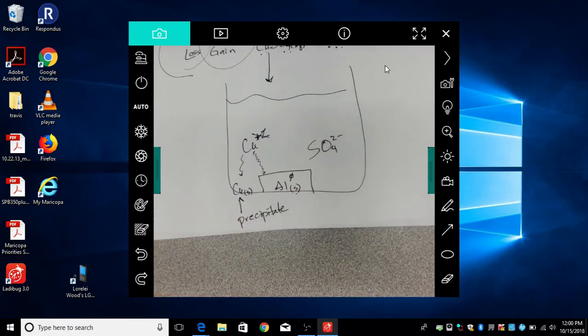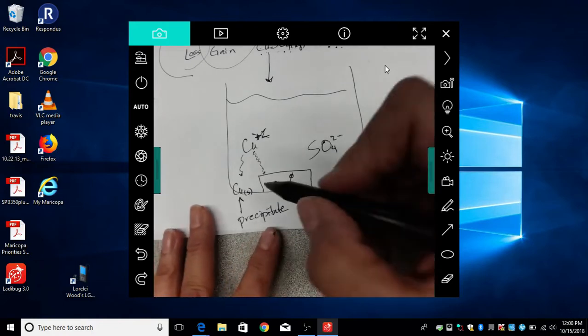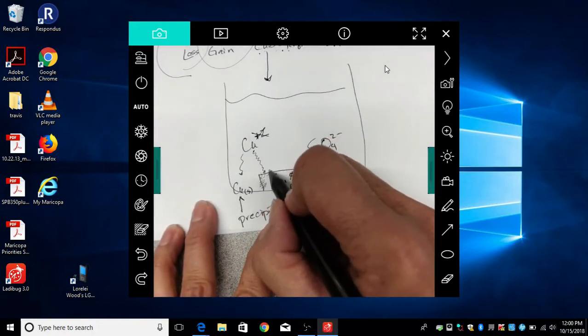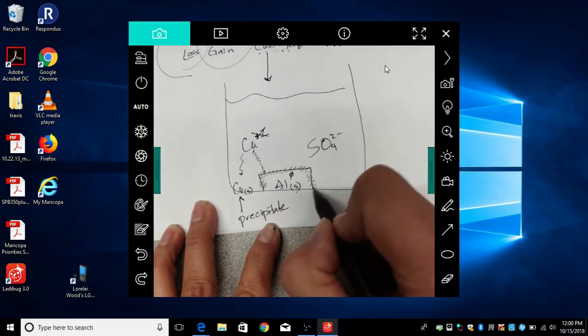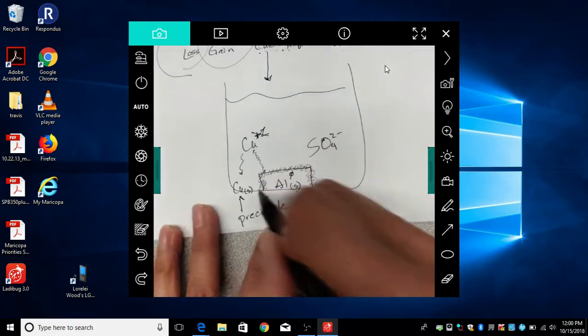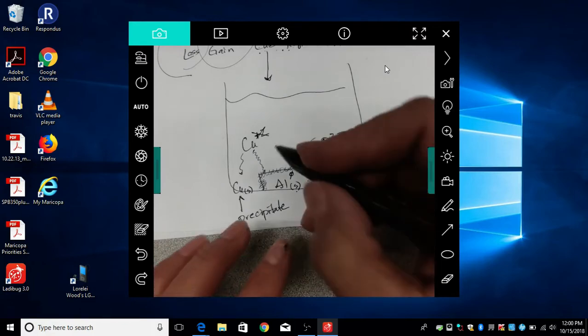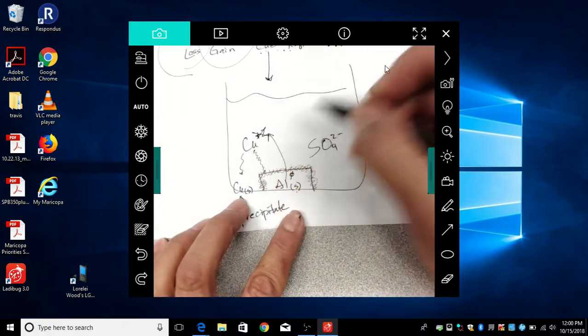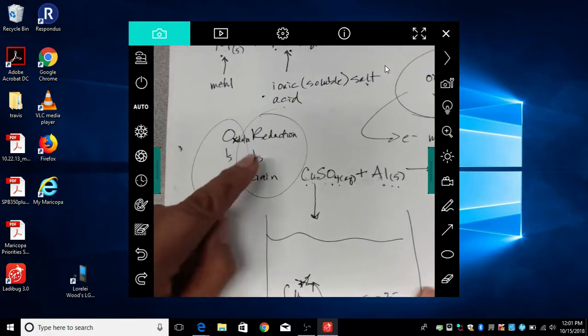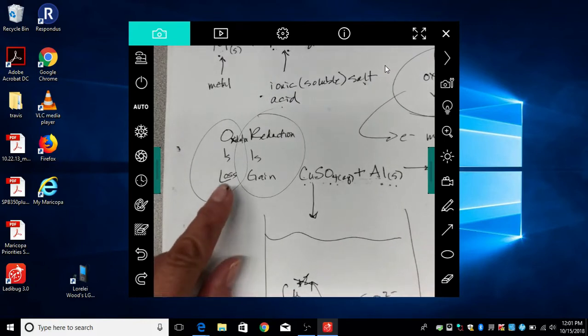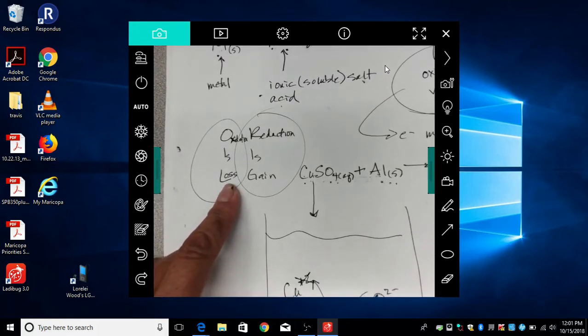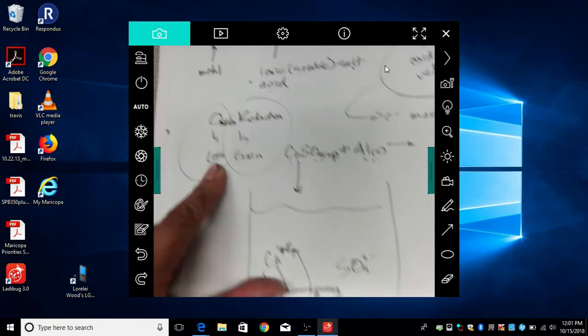And what you would see here is once you put the metal into the solution, you would actually see some coppery colored stuff look like it was sort of growing and adhering to the outside of the aluminum. What do you suppose that coppery colored stuff is? Copper. Right? Because electrons are being exchanged. So the aluminum is giving up electrons. So is it being oxidized or reduced, the aluminum? Okay, so the aluminum is oxidized,